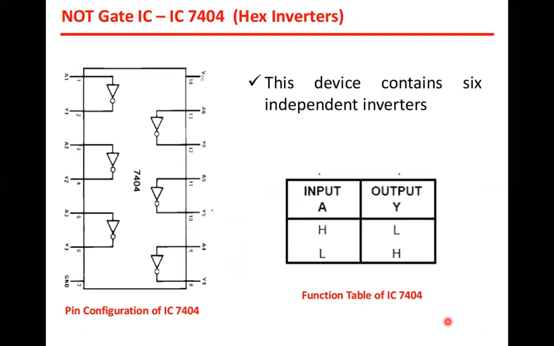Readily available ICs for the NOT gate: we can see that it is again a 14-pin IC called 7404. Because you have only one input and one output, you will have 6 NOT gates, unlike the AND gate and OR gate, where you have 4 gates. So here: A1, Y1, A2, Y2, A3, Y3, ground, and this is how input, output, input, output, input, output, and this is plus VCC. When the input is high, output is low; input is low, the output is high. And this IC is called a 7404.